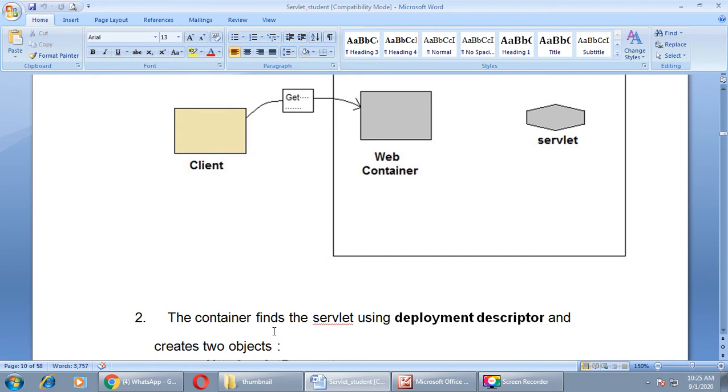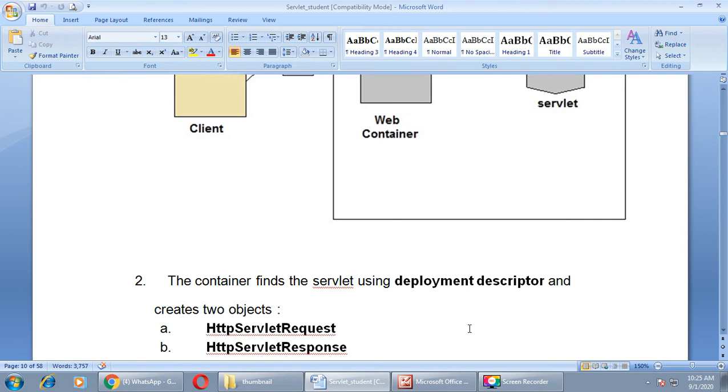Then in the second step, the container finds the servlet using the deployment descriptor and creates 2 objects.